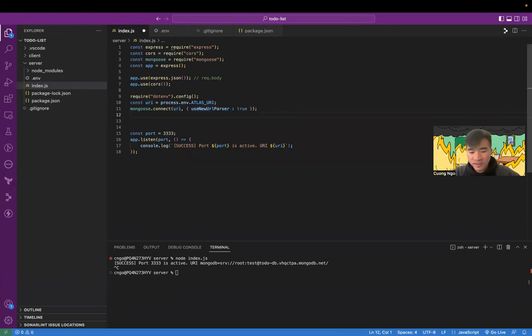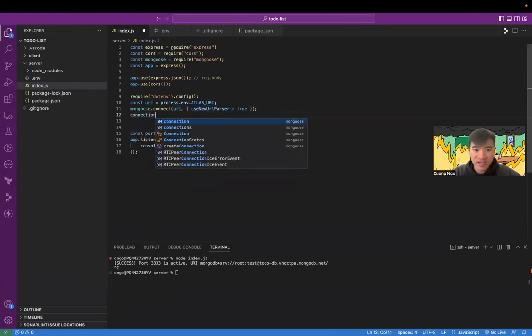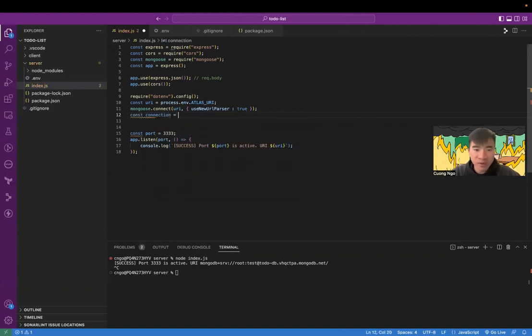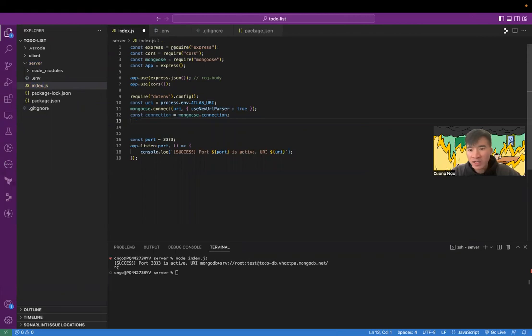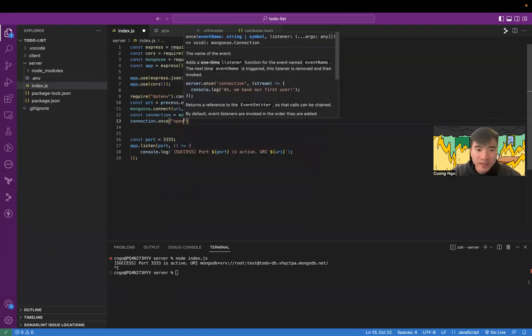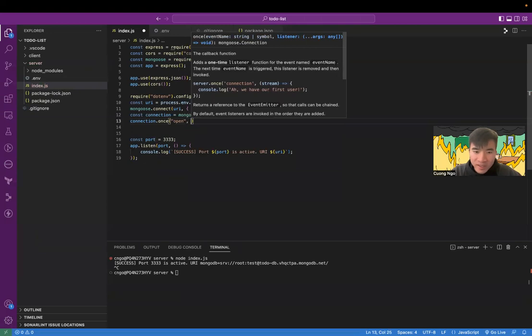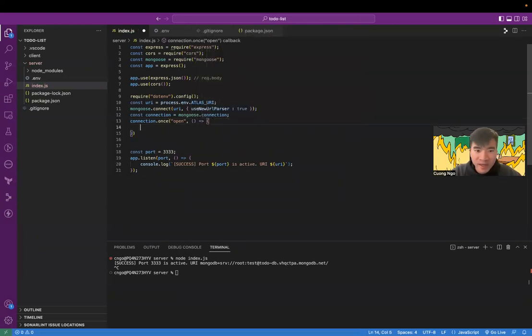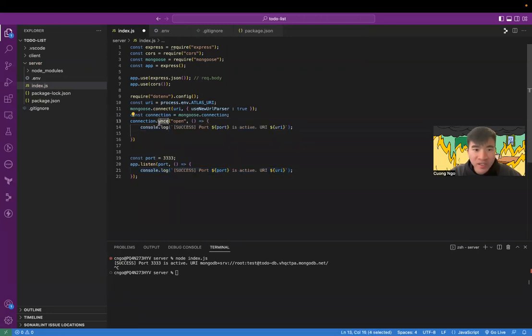So once you have made this connection, you want to retrieve this connection and store it in a variable. So let's do a constant connection is equal to mongoose.connection. Okay. So once we have this connection, we want to make sure that the connection is open. So what we can do is, once the connection has been opened, we can just have a console log statement. Similar to this, just copy this one. So once the connection is open, we can just console log success,